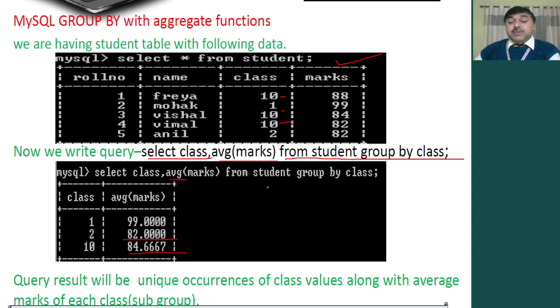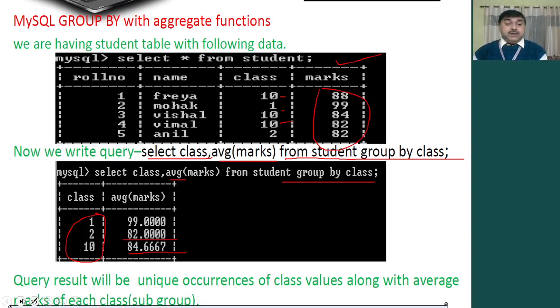As per your requirement you will use it, and you decide what you want to group by, based on which you want to do the grouping. So that GROUP BY you will use here. As you use that GROUP BY, obviously the grouping will be done based on that only. So this is the grouping that has been done based on the class. That means if there are 2 ones, then the 2 values of class 1 will be taken. If there are 3 twos, then the 3 values of class 2, meaning marks. What are we averaging? Marks we are averaging here, isn't it? So based on a class we are averaging the marks. So this is what we can do and implement.